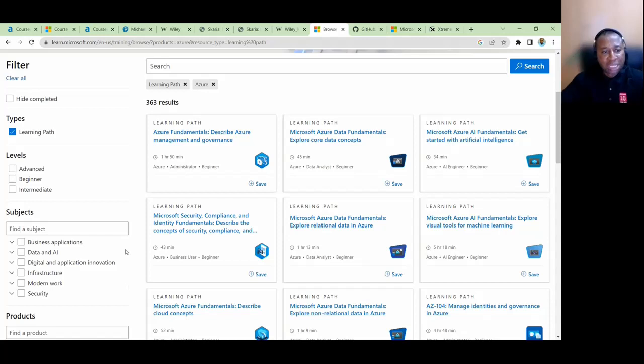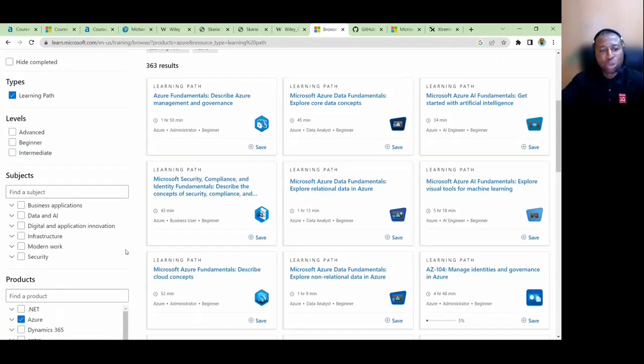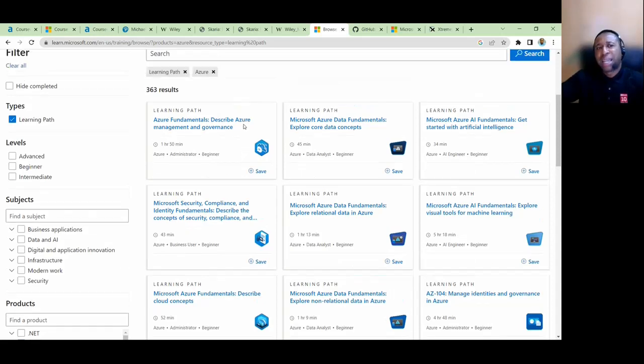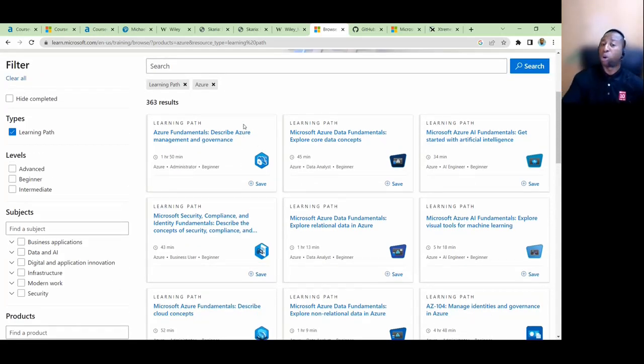But in addition to this filtering, I would like to get results for Azure only. Then within Azure, there could be some form of arrangement that I can expand. For example, for the infrastructure aspect, I can expand and it shows me courses and learning paths on infrastructure alone. If there's a way we can have that, it will be great. In addition, if there's a way we can sort based on course code, for example, Azure infrastructure courses usually start with AZ, maybe AZ-104, in addition to doing some search here. So these are some observations I have concerning it.